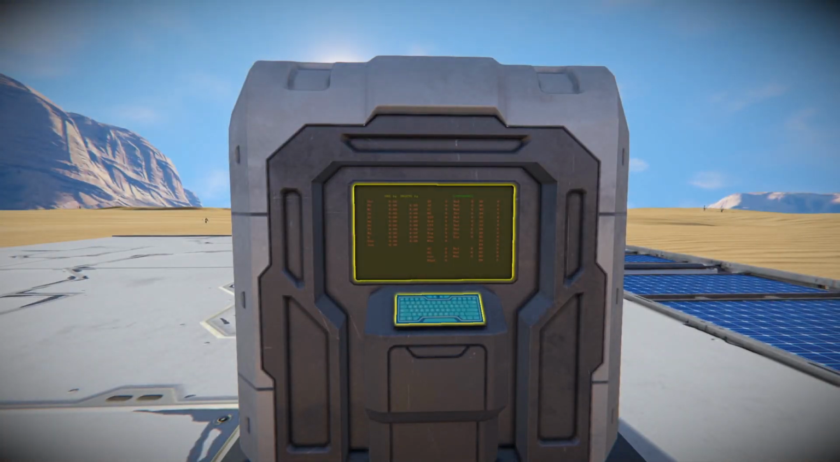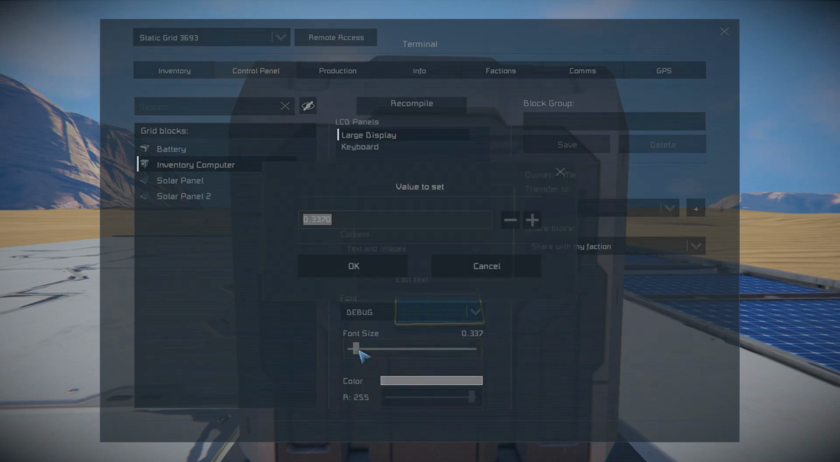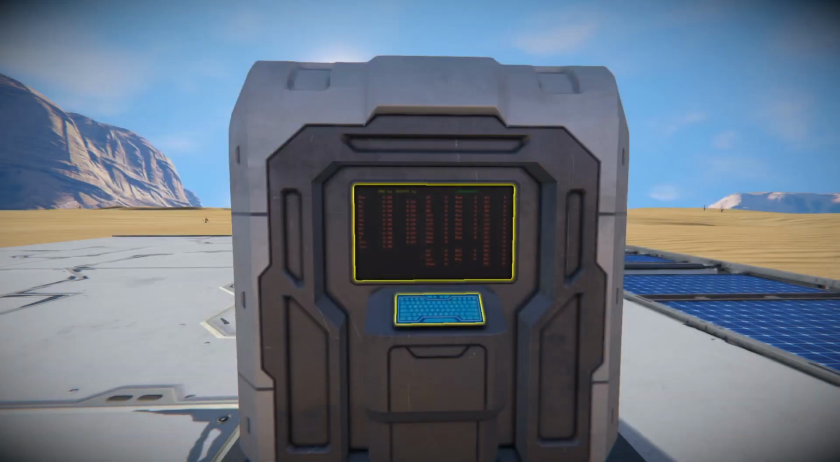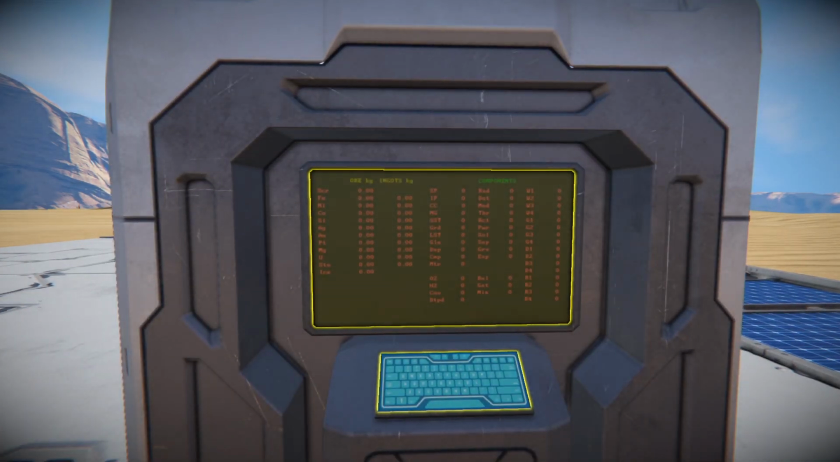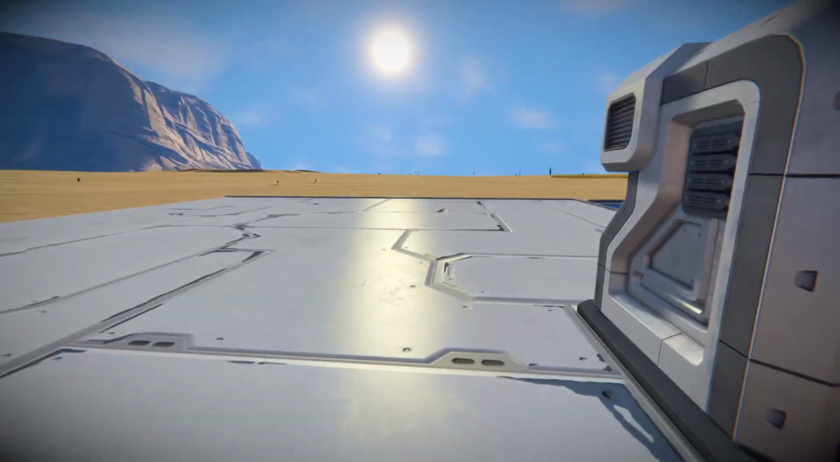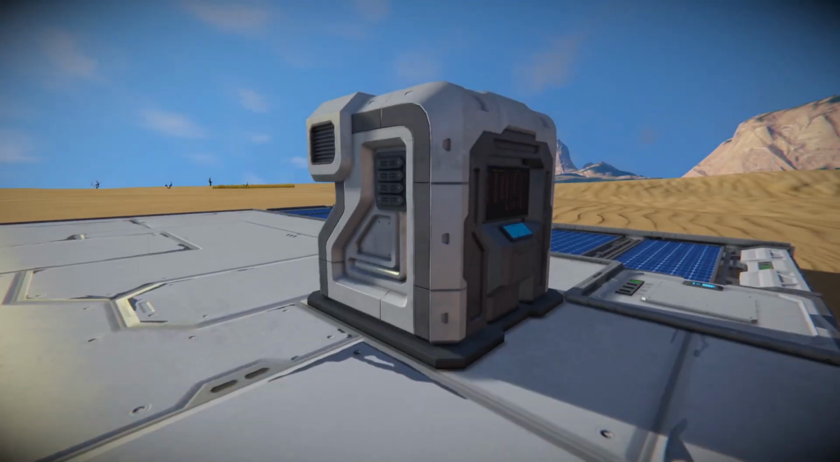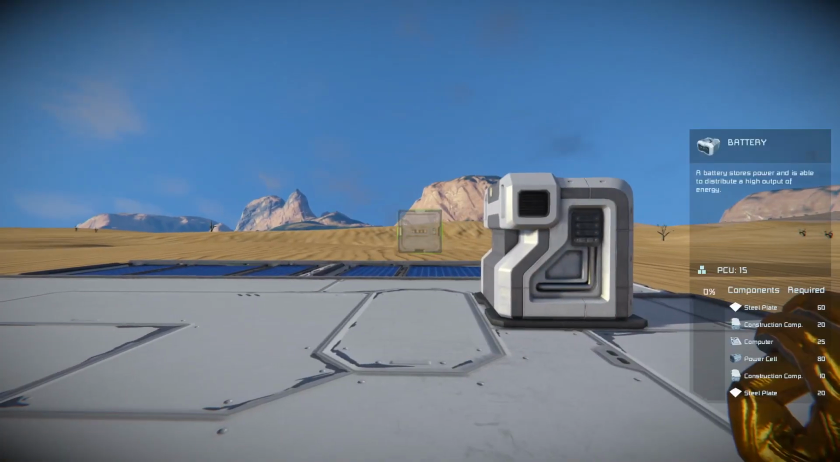And that's a little bit too small. There we go. Not bad. You can kind of see it. If you put a separate screen, which is what I want. Alright, so